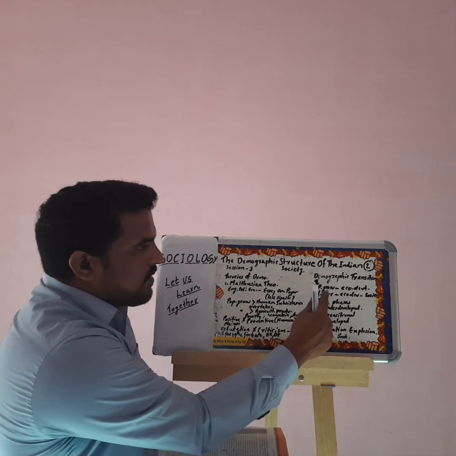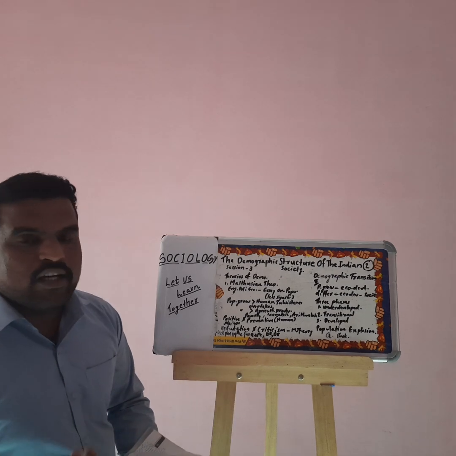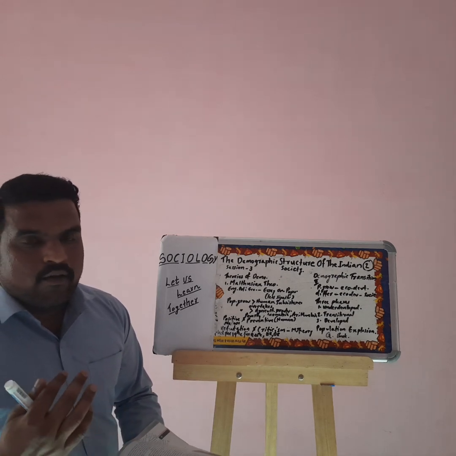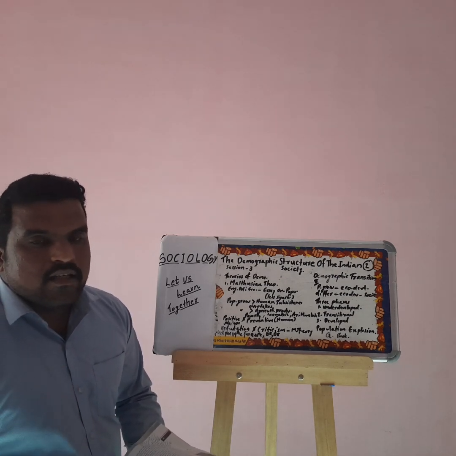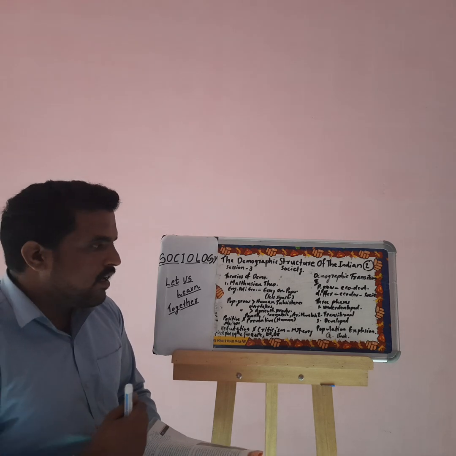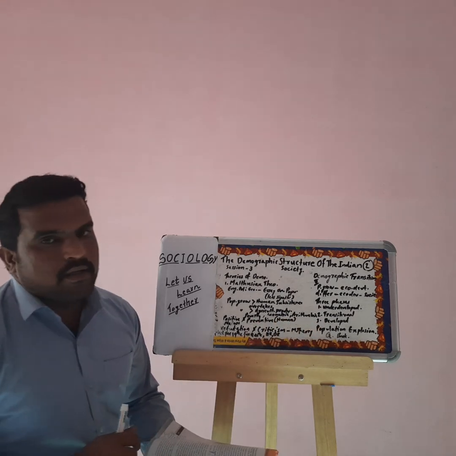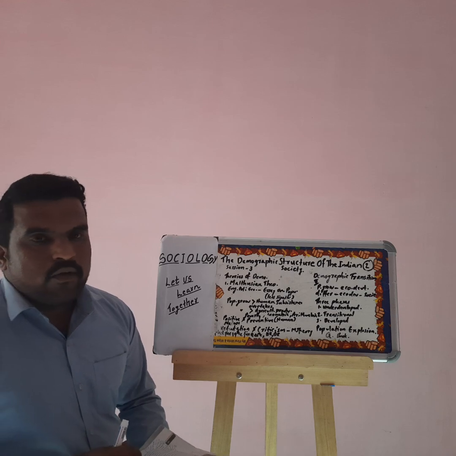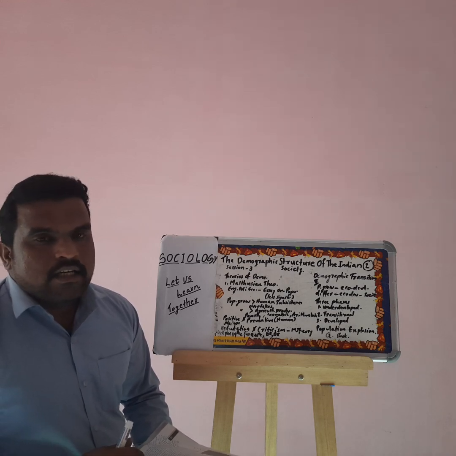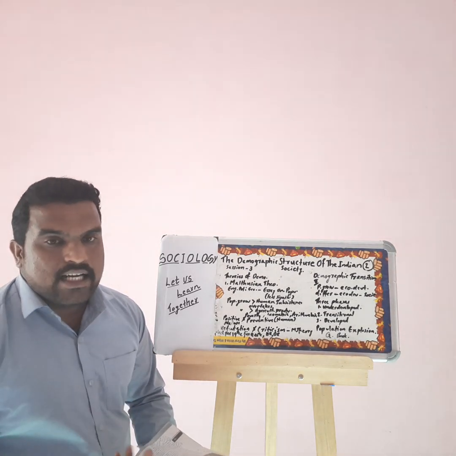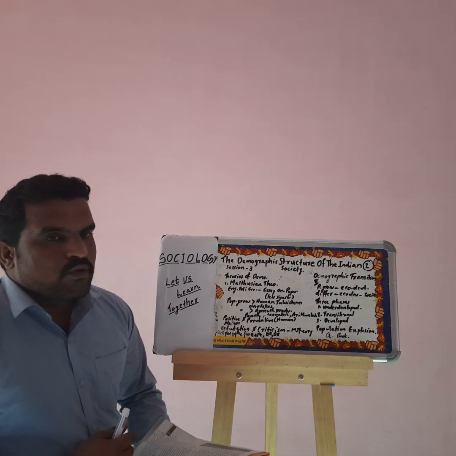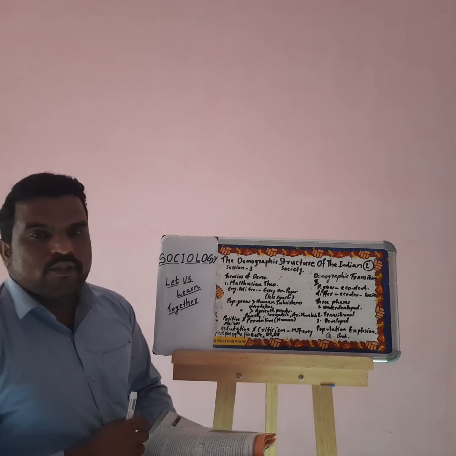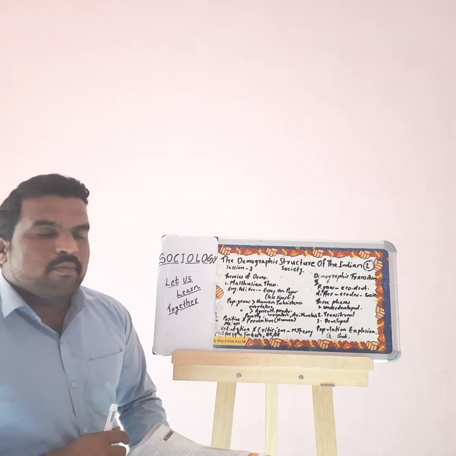The next theory is demographic transition. There are three stages of change which happen to a society from underdeveloped to developed. In India, we know that the birth rate is till now not controlled, but the death rate could be controlled. So I request all my dear students to write some questions to be answered.